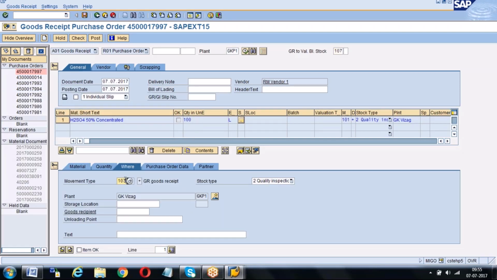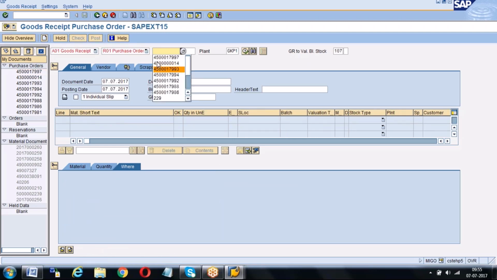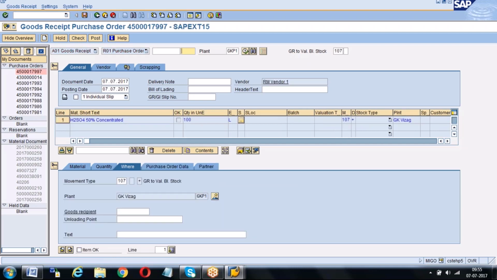Okay, give 107. First we will directly give MIGO. See, first I click enter, then I change it, right? The system is not allowing me. Now see, 107 is there on the right-hand side, it has copied here.